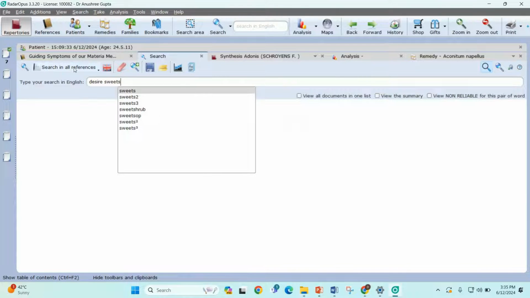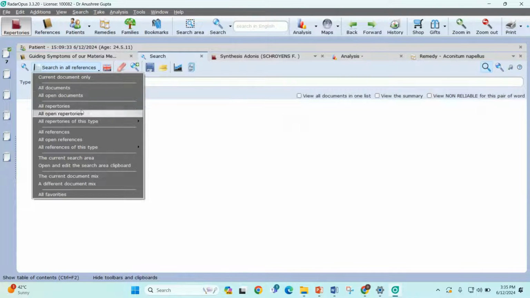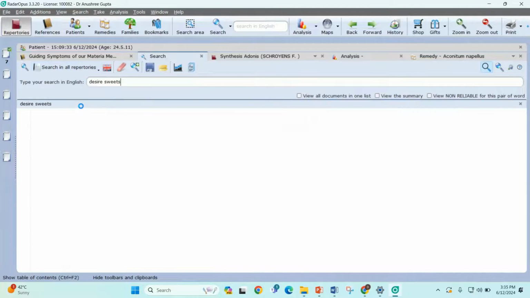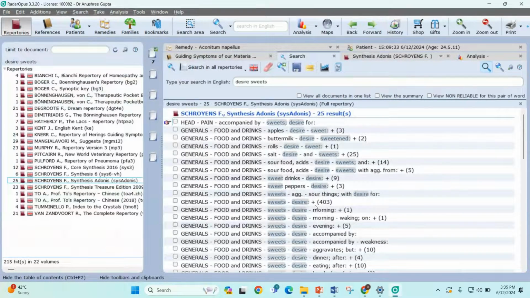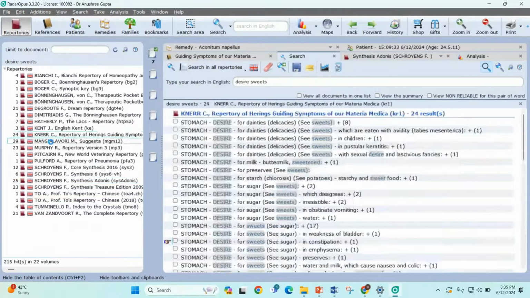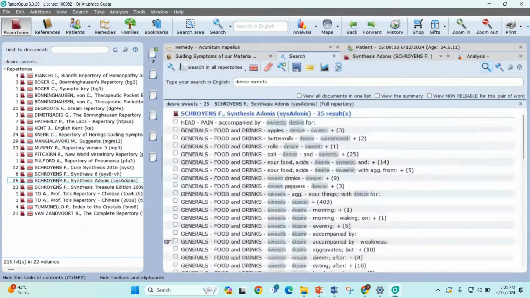And now if I search it from all the repertories, I can quickly see all the rubrics related to Desire Sweets from the different repertories. You just need to click on your repertory, and on the right hand side you will see your results being opened. So this is how you can do your basic search.